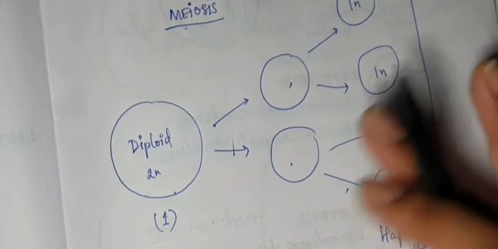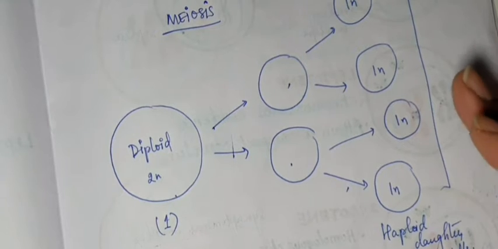And before I move to meiosis, I want to give a quick introduction to the cell cycle and its phases. The cell cycle can be divided into an interphase and an M phase. In interphase, we have 3 more phases, G1, S, and G2. In M phase, the cell would either be going through mitosis or meiosis. And in meiosis, as I just mentioned, we have meiosis 1 and meiosis 2.